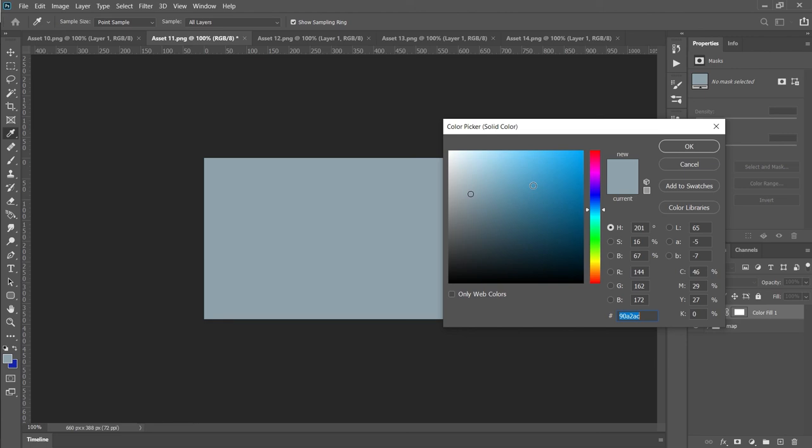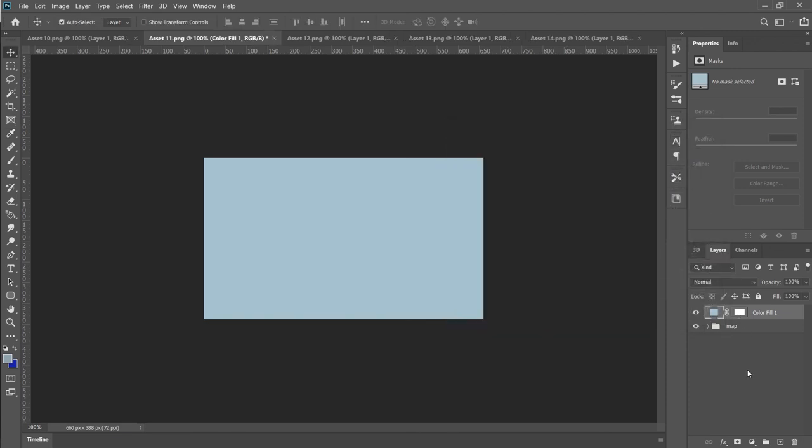I'm going to give it a sky blue color as a background. So in blue, this would be appropriate. Click on OK. As I did that, you will now notice that a new layer has been created by the name color fill 1. However, this layer is on top of our map group, automatically overriding our image, so it made our design disappear. So what we have to do is click on this color fill layer and move it below our map group,